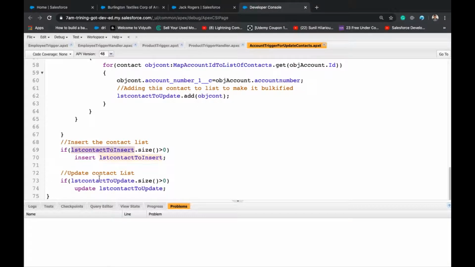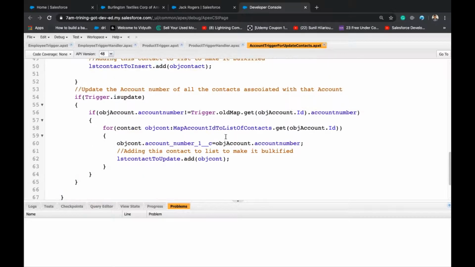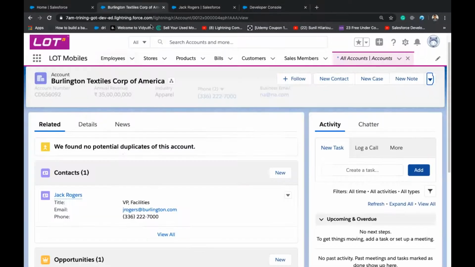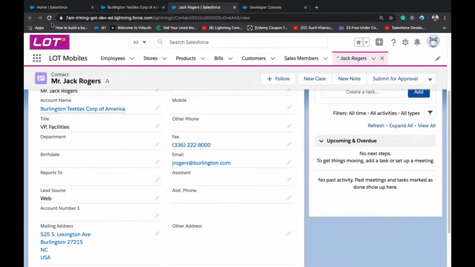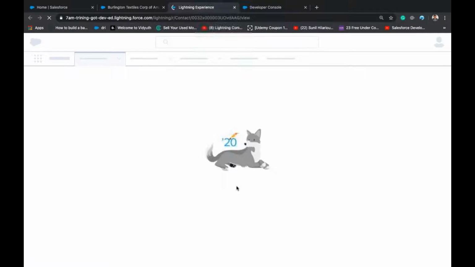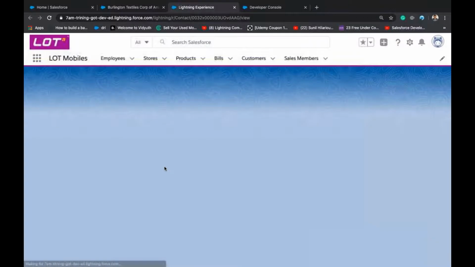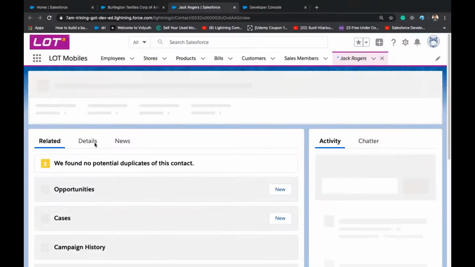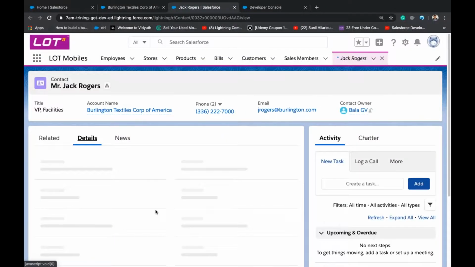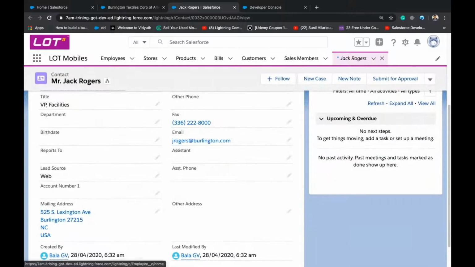Because this list didn't return values. This list return 0. That's why even this update didn't work. We'll refresh once. It should work. This should work. If it doesn't work, it didn't work.